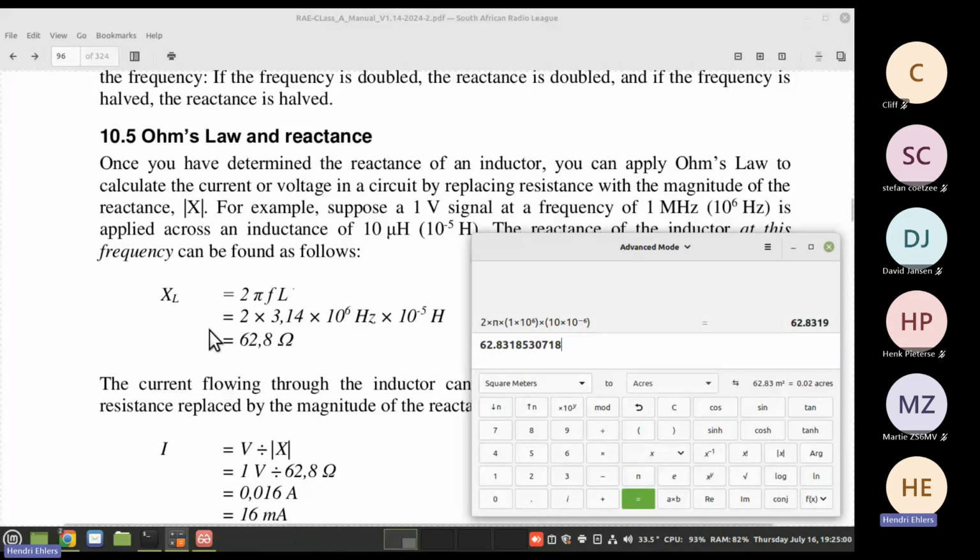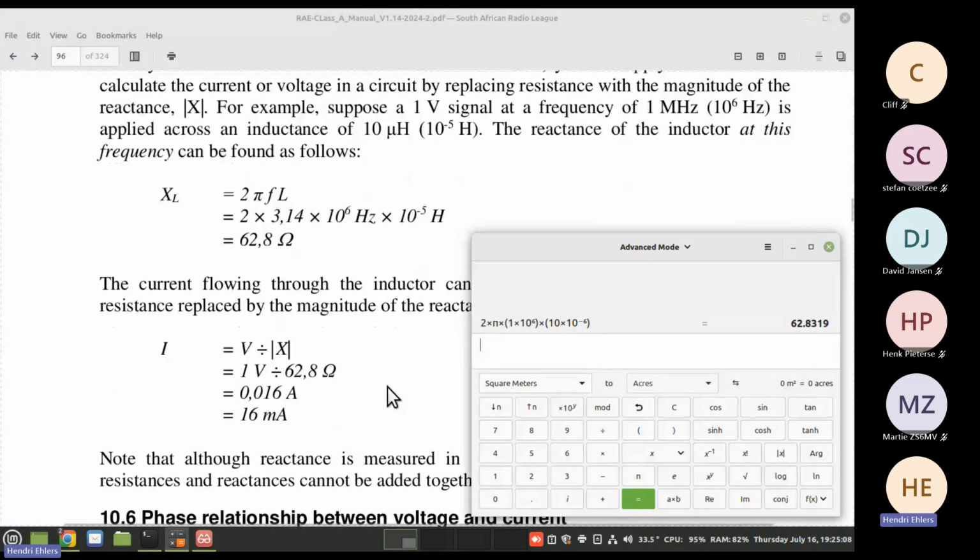Right. Are there any questions around this? Right, so